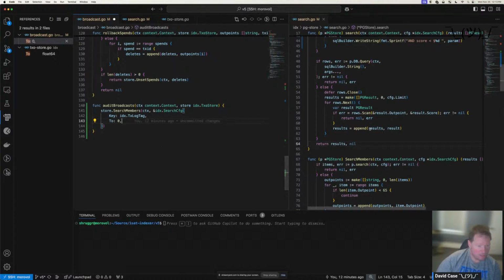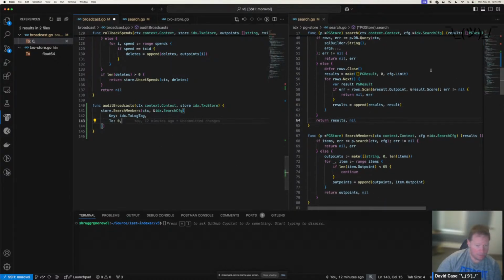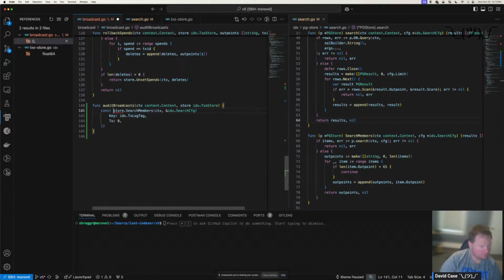From is undefined, which means it's going to be minus infinity or not even specified. Actually, I think that's it. I just want to find all transactions. So this is going to give me, not in JavaScript, PXIDs, error,